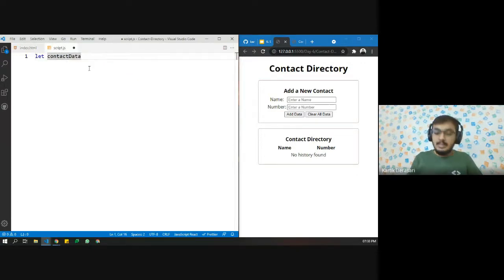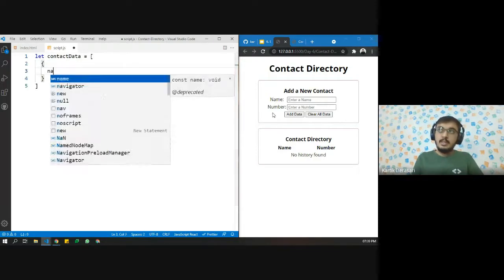Okay, inside this, let us create an array. So if you want to have multiple values inside one variable, then we use array. And yesterday we also saw that whenever we have a similar kind of format. So here we have a kind of a format, we have a name and number, and we have all different values. So what we can do is that we can simply create different objects.